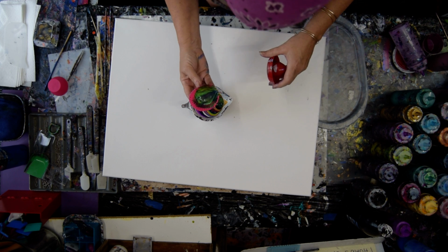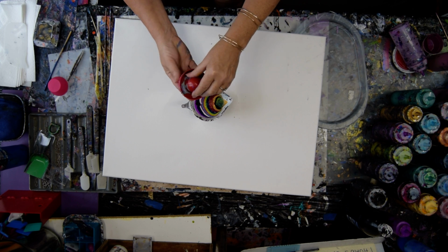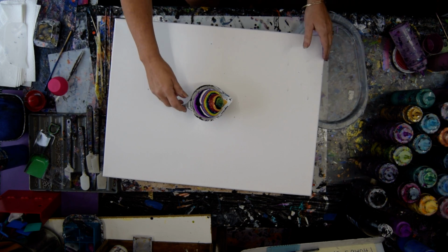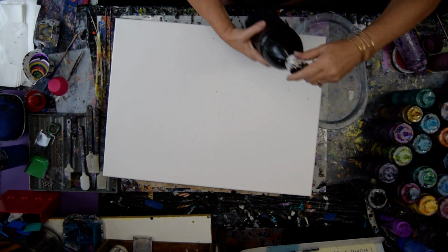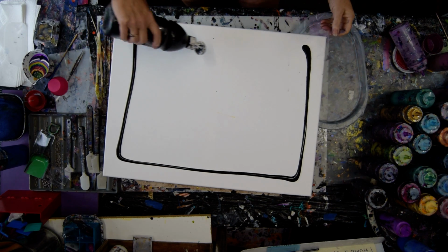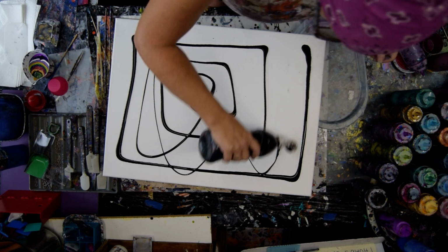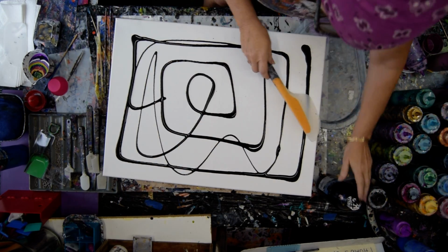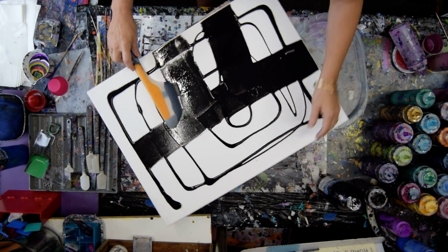I've got another little container too. So this little tequila hat fits in there perfectly, which I really like, because I can probably add some other color onto that and use it. So whatever I've got here, I'm going to start with some black, and then I'm going to use my OXO omelet turning spatula. This is my favorite part sometimes, where I just get to play with the design